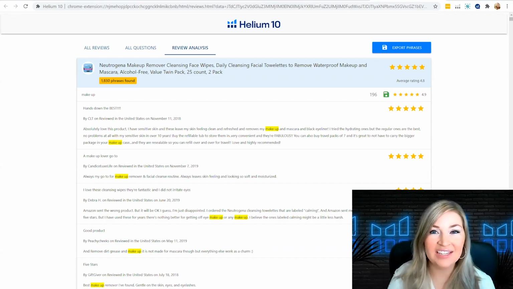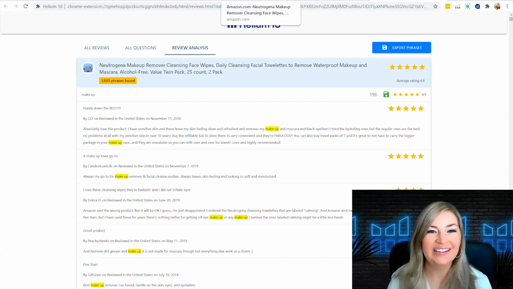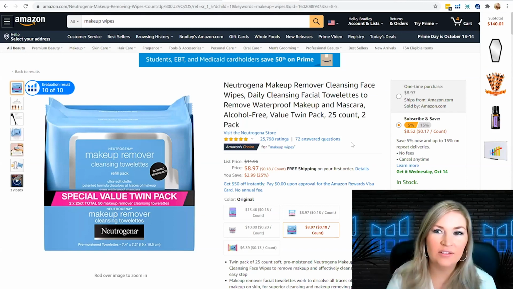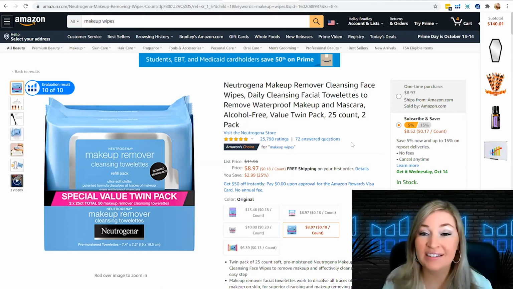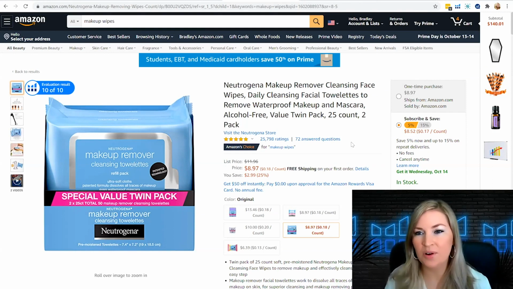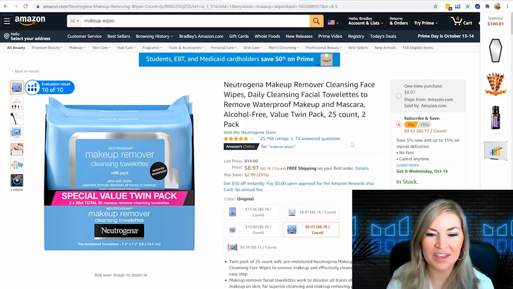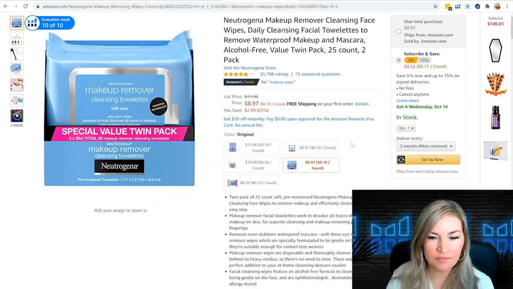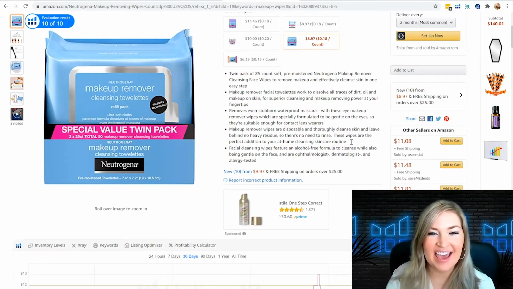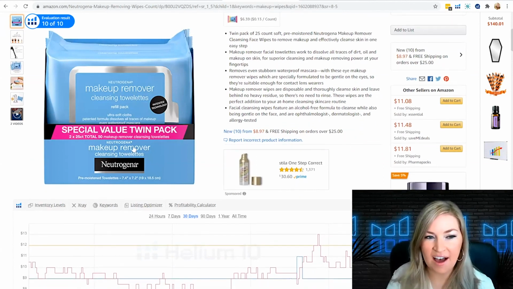So I love this. I highly recommend you use this tool. If not daily, I would really look at least once a week to figure out what's changing in your industry, because your customers will give you the best information. That's how you really stay connected and keep your ear to the ground on what your customers like and what they don't like. If I was optimizing a listing, I would spend a lot more time looking through all those reviews, but for the sake of time, I want to be a little bit faster.